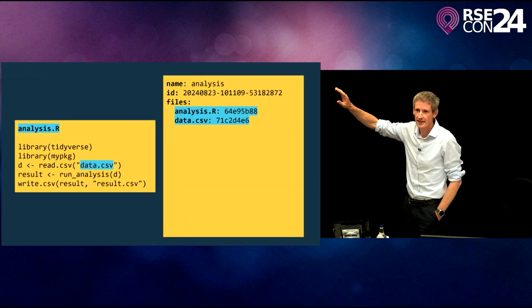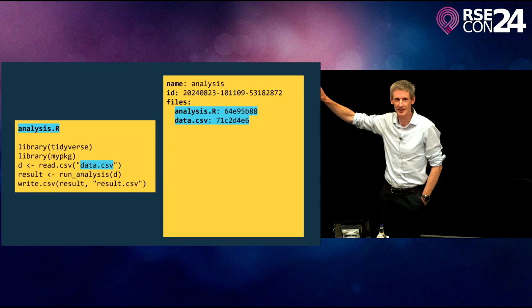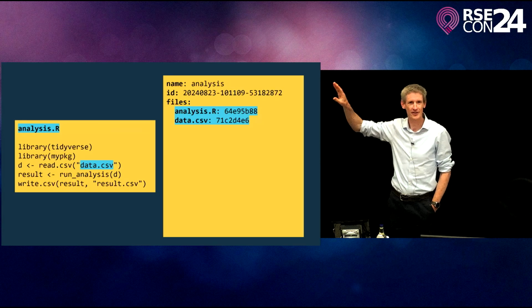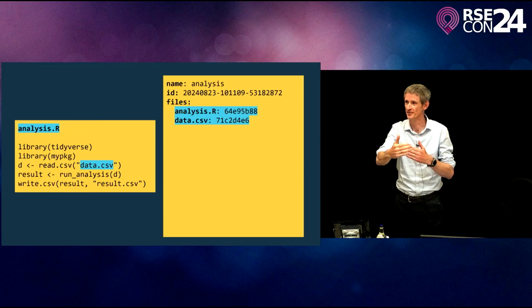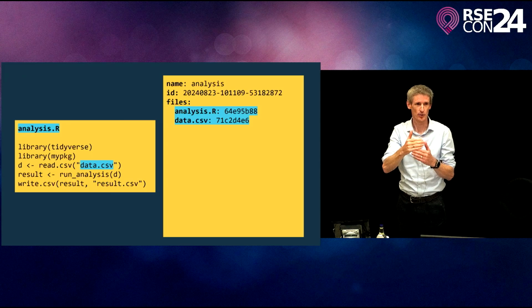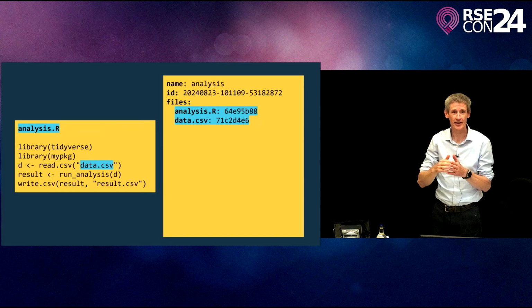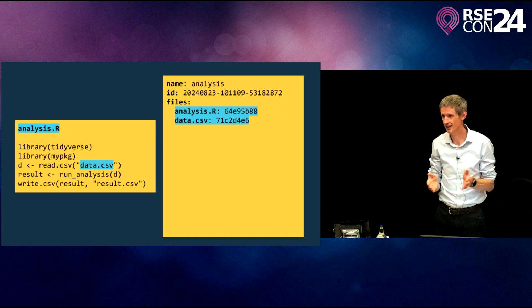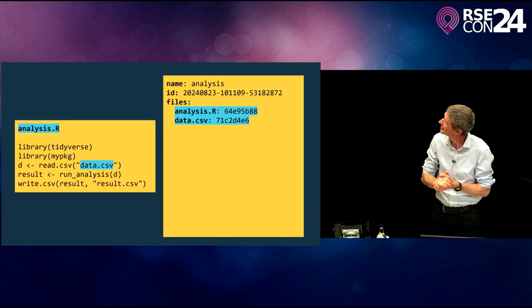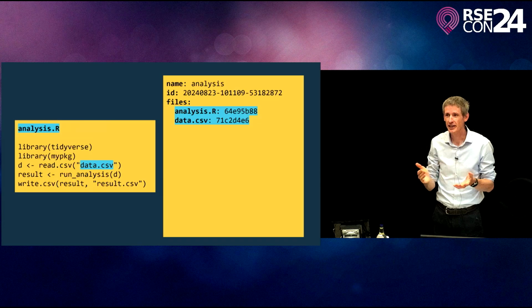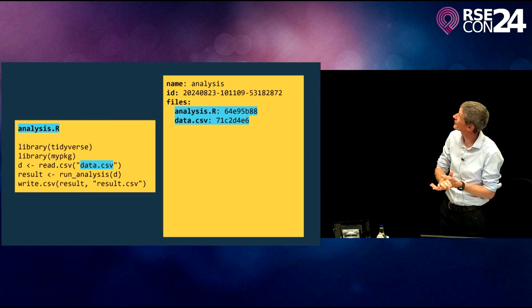So on the left here, this is a fully working R script, ignoring the fact that it's pseudocode. So the researchers can write any old script they want, and it is immediately usable by this tool. Okay, and if you look at this, I've highlighted a couple of things on it. The script has got a name. It's called analysis.r. It's very imaginative, I know. And it's reading in a CSV file called data.csv.